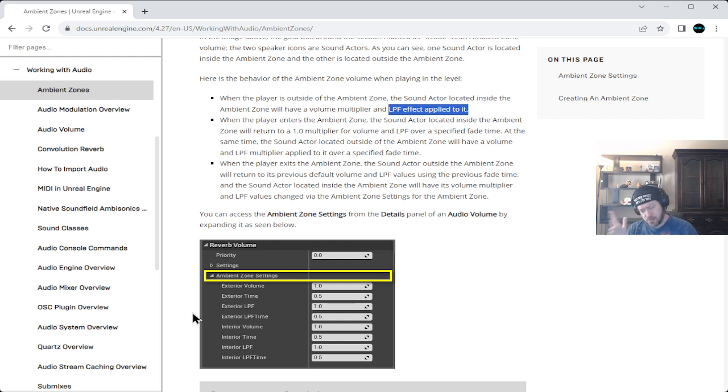Like you said, being in a city, you have the traffic, the sounds of the city, and that might not necessarily fade away. So maybe you want to allow the outside sound actor to bleed into the inside, maybe.